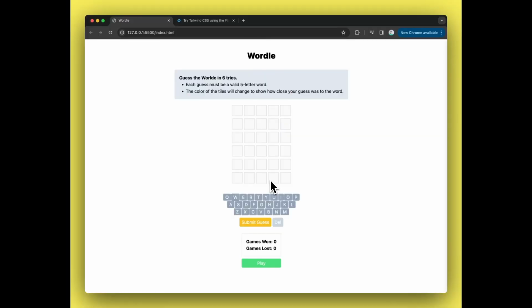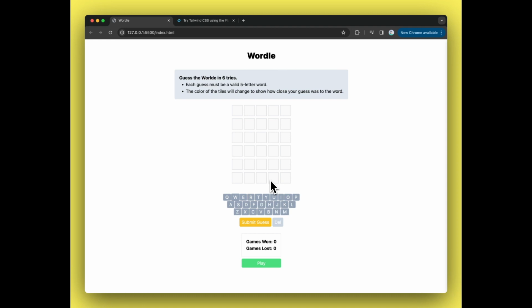In this tutorial, we'll create a Wordle clone using HTML, TailwindCSS, and Vanilla JavaScript. Follow along as we build the game board, style it, and add game logic. Whether you're a Python developer like me, curious about JavaScript, or experienced in other languages, join me on this fun